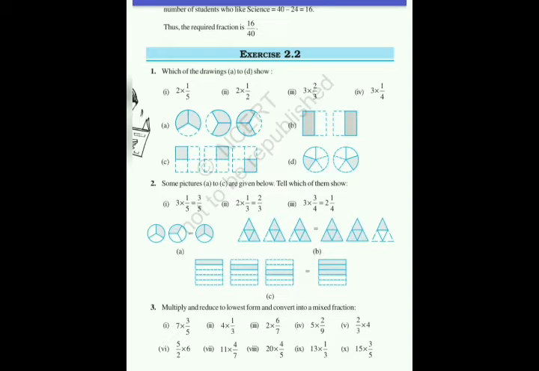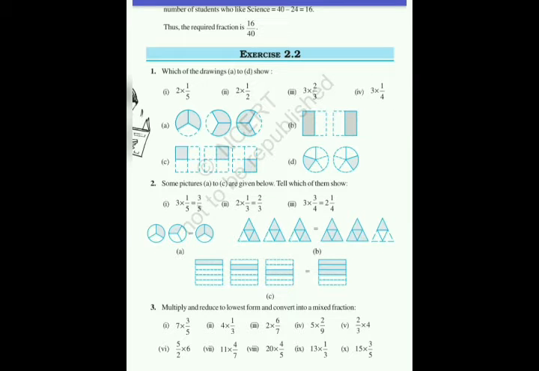Now we take our third example, C. Here we can easily see that there are a total of 4 parts and the shaded part is 1. So we can write the first part as 1 by 4. Also we can write our second part as 1 by 4, and we can also write our third part as 1 by 4. So here we take 1 by 4 as 3 times. So our answer becomes 3 times 1 by 4. So 3 multiplied by 1 by 4 is the answer of figure C.